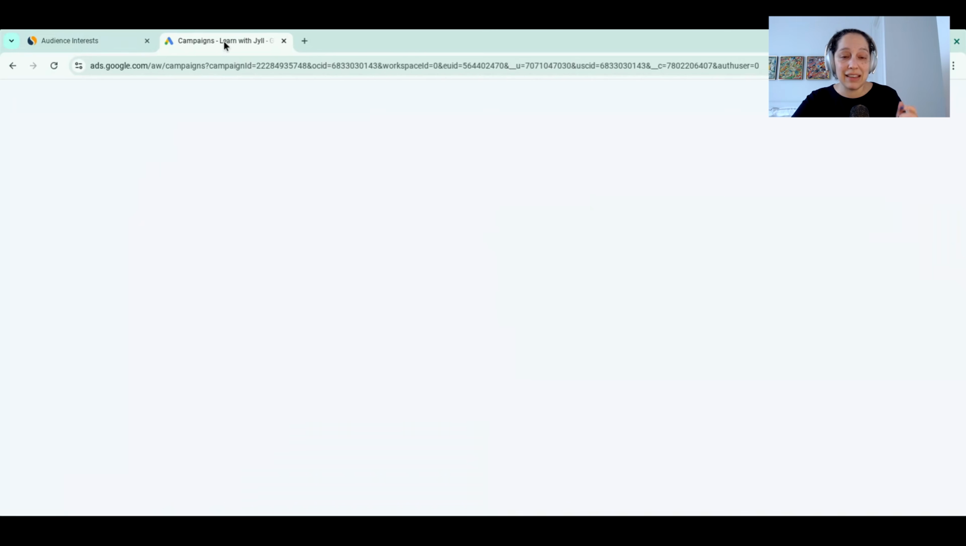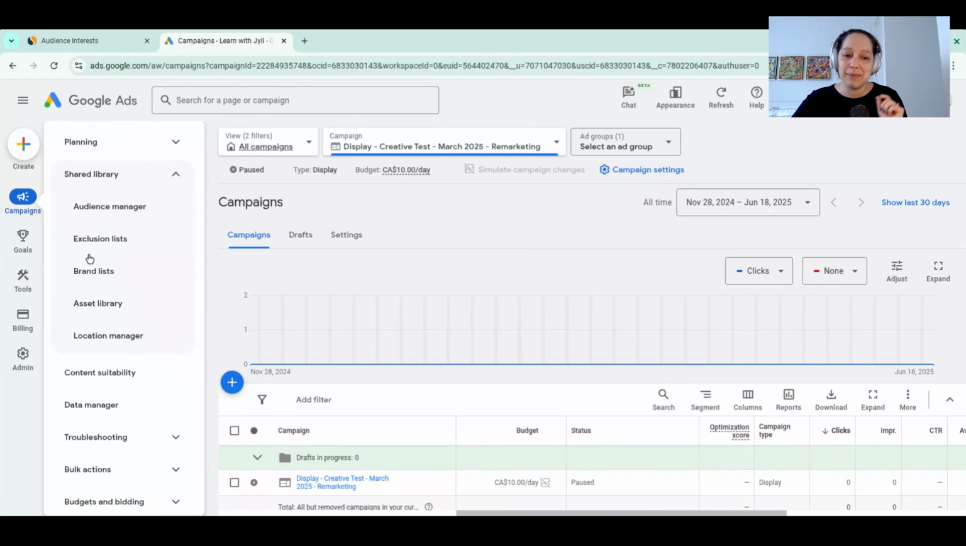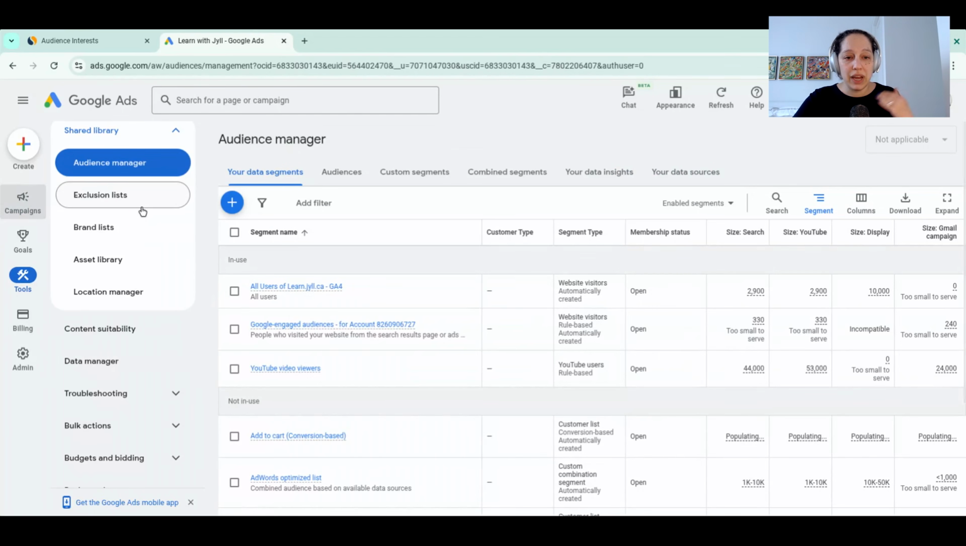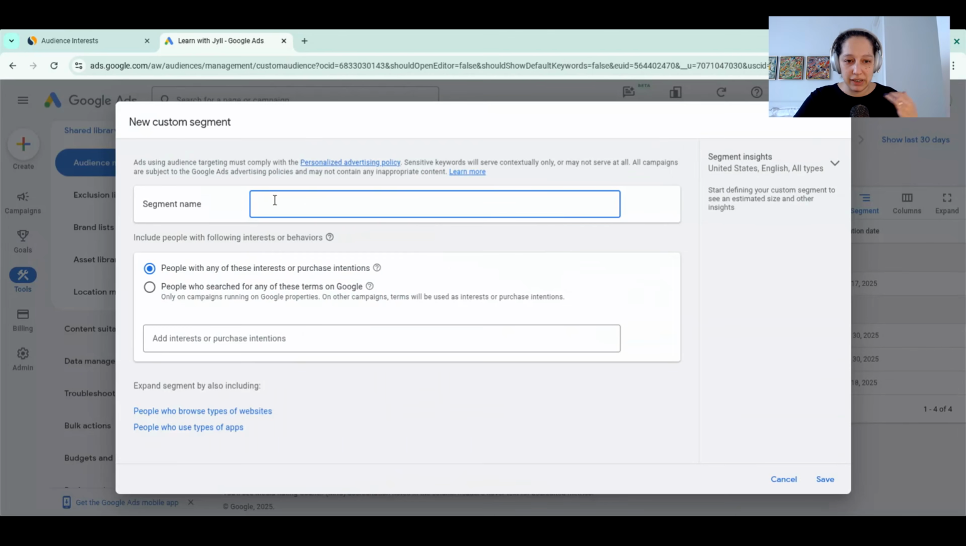In Google Ads, I'm going to go to Audience Manager and create a new custom segment using these domains we just found in SimilarWeb. Let me show you how to do that. We come to our Audience Manager under Shared Library, come to Custom Segments, and hit the blue plus button. I'm going to call this Custom Segment. We're going to build it based on websites because other options would be search terms, interests, or apps. And it's going to be ads.google.com